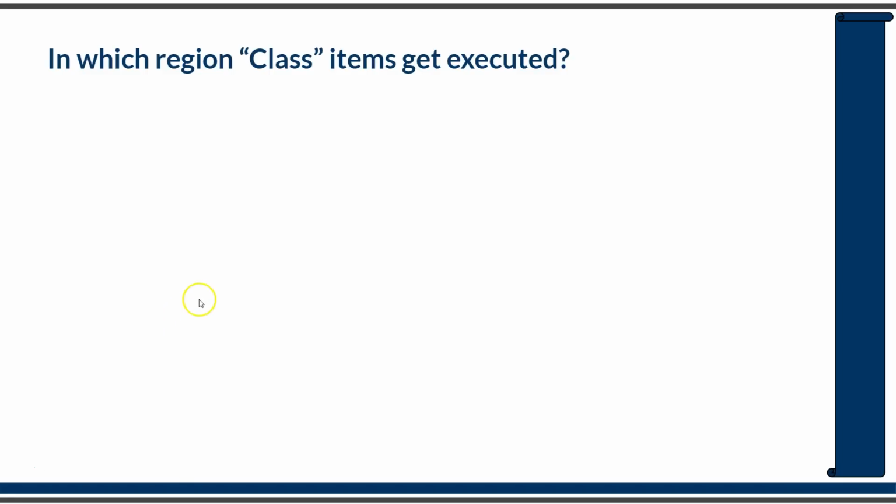So the first question: in which region will the class items be executed? Let me ask you a question back. How do you use a class in the DB? Assume that you are writing a large number of classes to model different interfaces, driver, monitor, and to encapsulate everything into a single class. Finally, you are going to instantiate all these classes in a module. Or if you are creating objects of a class in some other top hierarchy, again, you need to instantiate the top level class in a module, and therefore